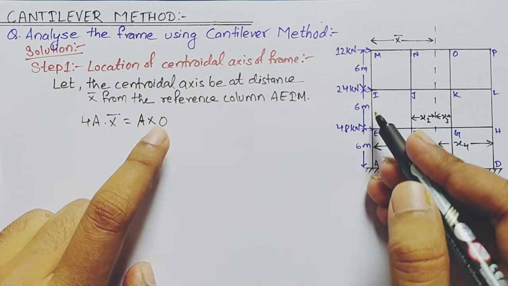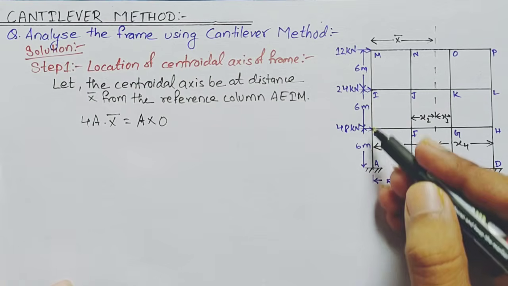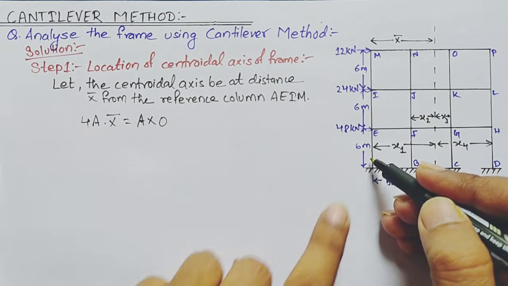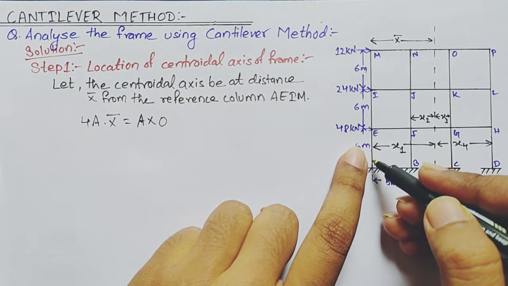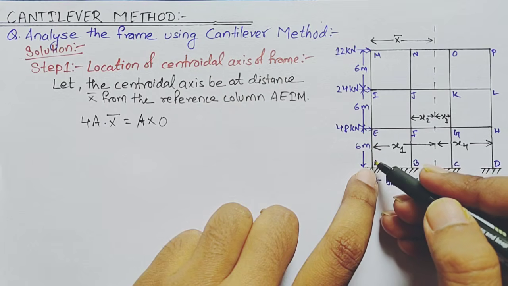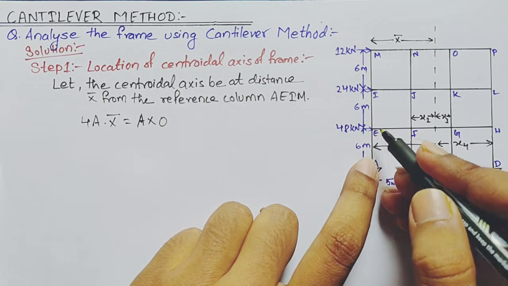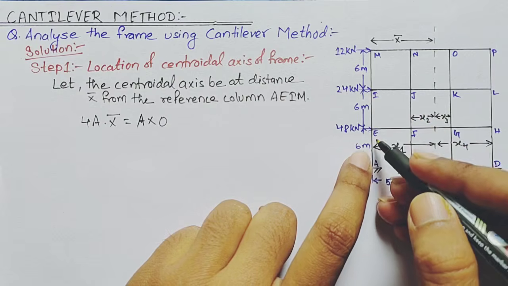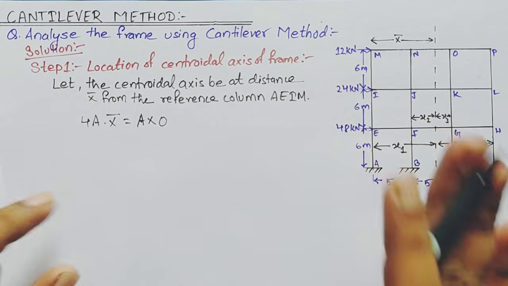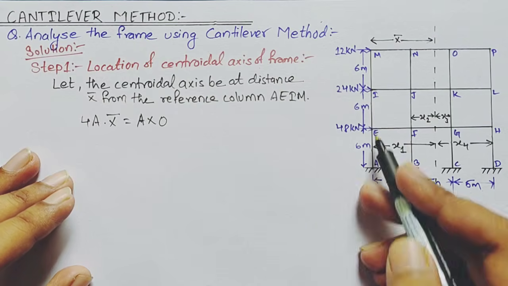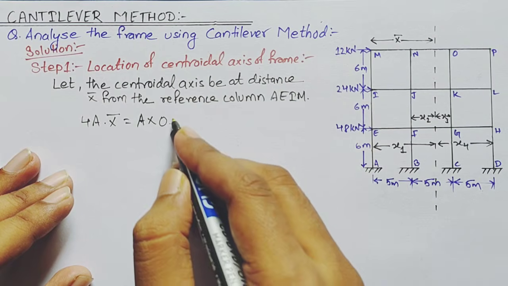Listen guys, see here, this is our first column, and this is also the reference column. So for the reference column we have area A, and the distance of this reference column will be 0, because we do not need to move any distance from this column, so A times 0 plus